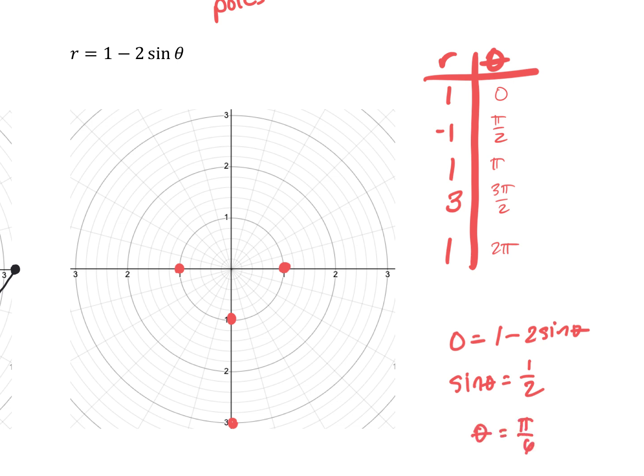Pi over 6. Which is right in between here, right? So I've got a 0 and a pi over 6 in between here, as we're counting my points, okay? So it goes from here to 0 down to here. And then 5 pi over 6, it hits again, 5 pi over 6 is in between here. So it's got to hit again, and then it's not as big a stretch to get to that graph. All right, so